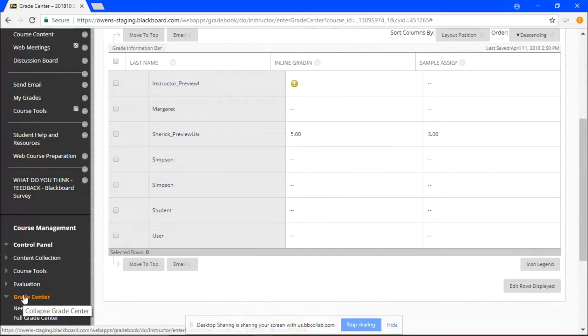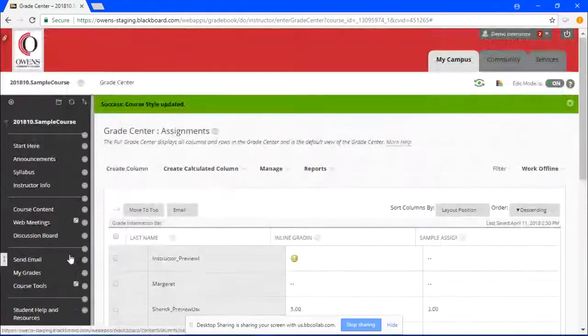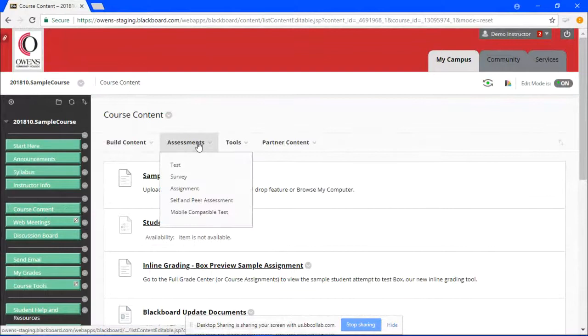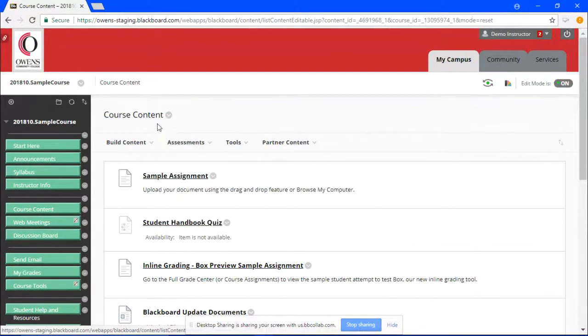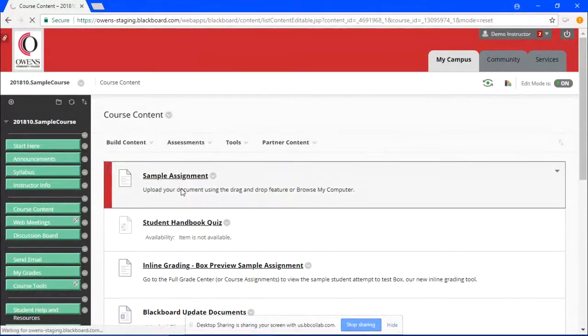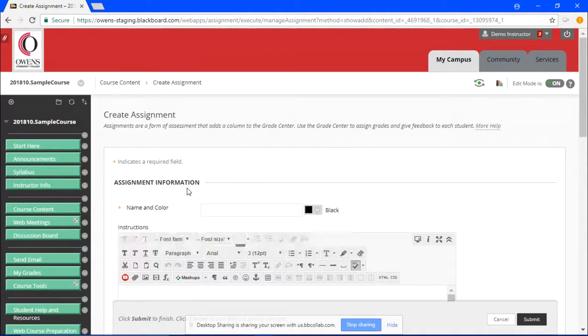Amber, Mary, I think she's asking how to create an assignment that links to the Grade Center. Okay, that's a different animal then. Gotcha, I understand, I believe. Mary, to create an assignment, you can go to the Assessments button in any course content area of Blackboard, go to Assessments, and click on Assignment to create your assignment.